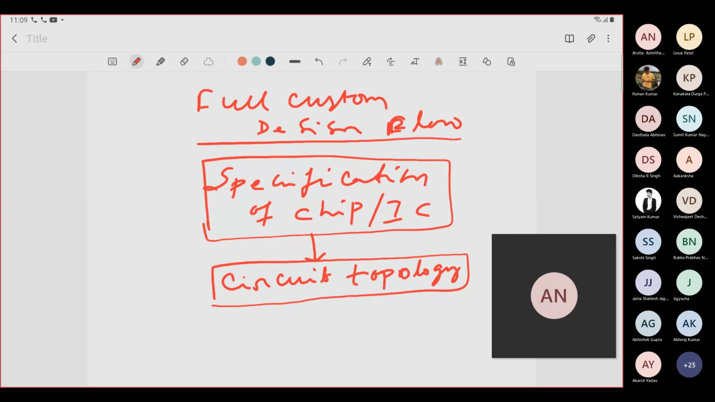Circuit topology means that you have to get your circuit design part based on the topology. You may get various types of topologies. Maybe it is existing, or you may have an innovative circuit. You can have your new circuit, or you can have an existing circuit topology. You have to choose depending upon your applications. So once the circuit part is done, then as I was saying yesterday, you have to go with